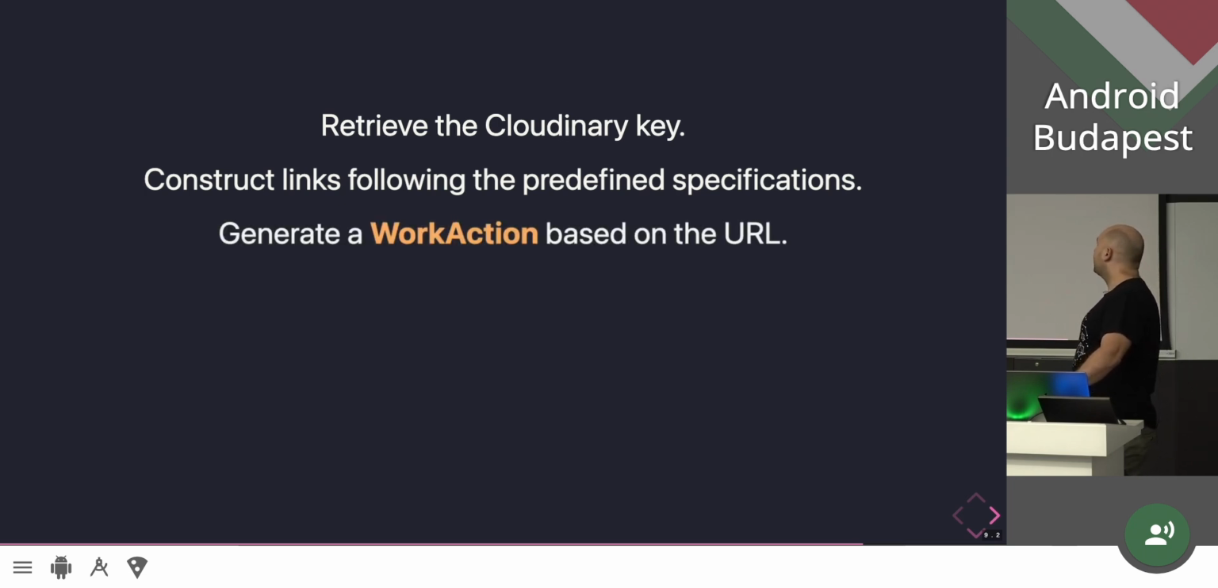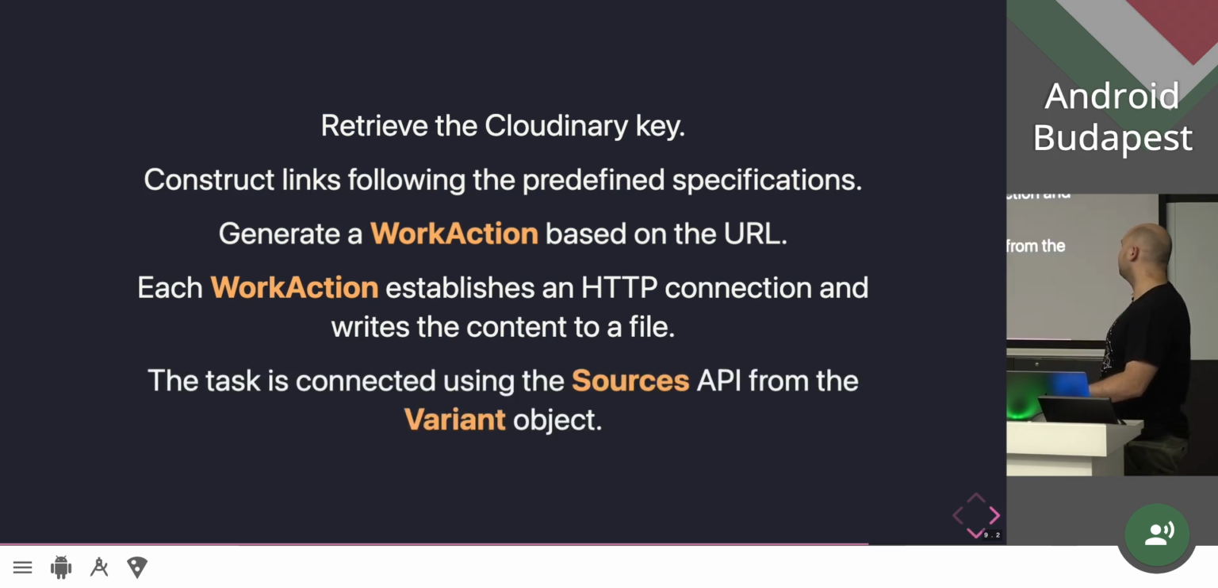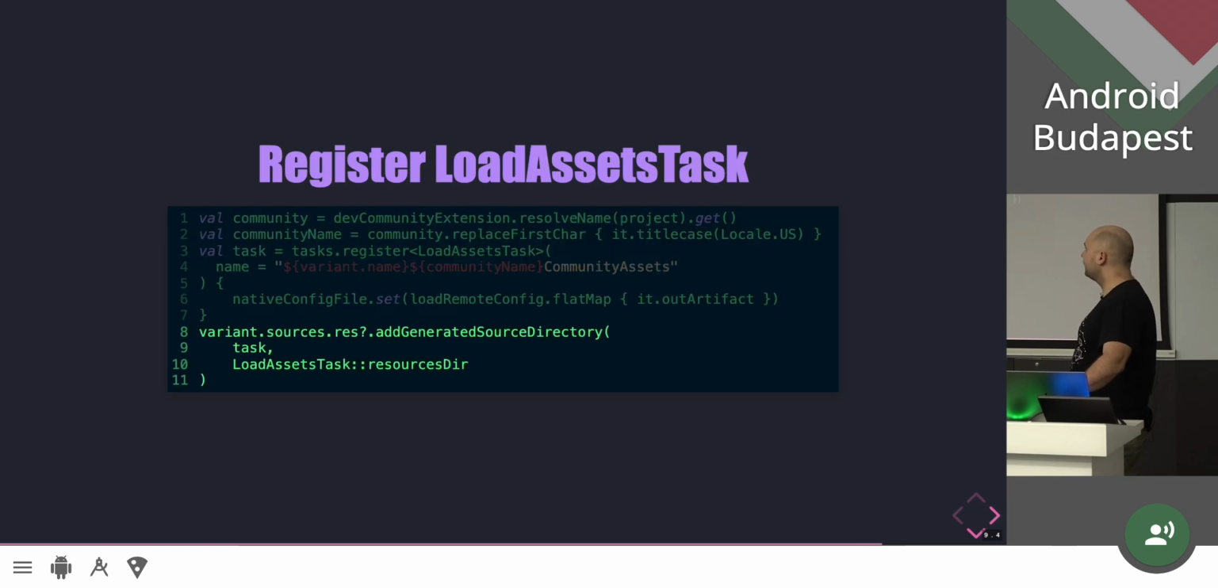We create a work action passing their URL to this file, and we're making an HTTP connection, dumping contents again to the file system, and connecting the sources API to the variant object. Again, if you don't do that, the Android Gradle plugin will have no idea that you generated something. So once more, we create a task, we register it, we grab the remote configuration, and here is